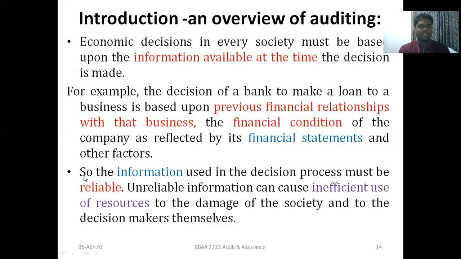The second point is the identity indicators. The information used in the decision process must be reliable. Again and again, I emphasize to you all, when we say decision making needs adequate or enough information, that information should be of quality, in terms of reliability and relevance. So this point also says the information used in the decision process must be reliable, must be genuine, not fake information.